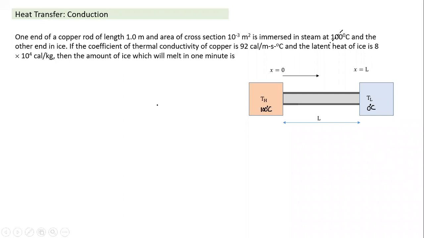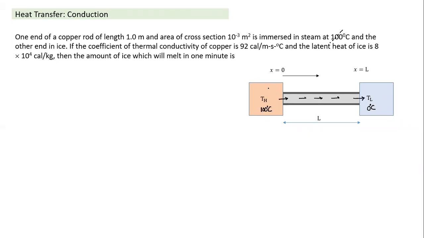Sometimes those questions are not clear. If the coefficient of thermal conductivity is given, it is given in CGS units. The latent heat of ice is given. And what we need to find is the amount of ice that will melt in 1 minute? First of all, we should be clear that we are talking about steady state. In steady state, heat is being transferred from this end, flowing through, and taken away from the heat source. Whatever heat is taken away in unit time is the same as the heat flow rate across the rod, and that heat is being transferred to the ice here.